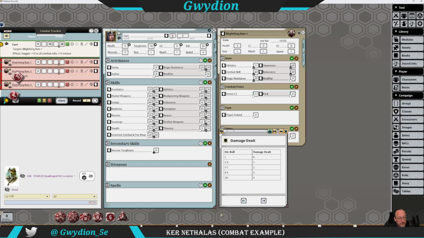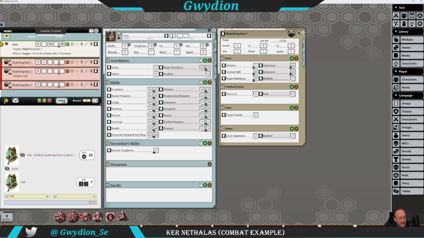Roll here. So I've got a 4 and a 3. If I look at this damage dealt table, that would mean I have a 4 and a 3. They would both deal 1 damage. Now, because I get that +1 for piercing, I take my lowest die and convert that 3 to a 4. So it doesn't change anything. I'm still doing 2 points of damage. So I'll put that up to a 2, take that off, and now we're going to go down to the